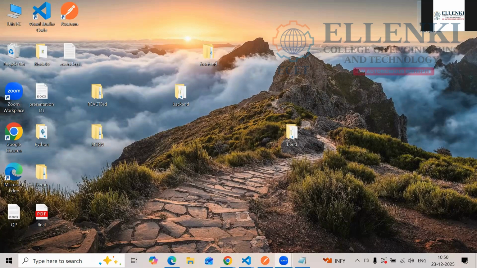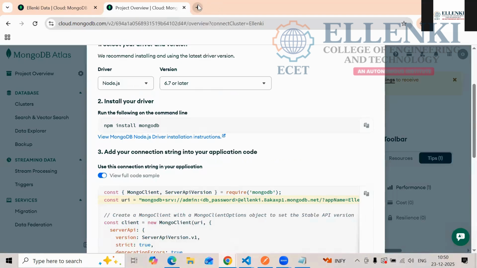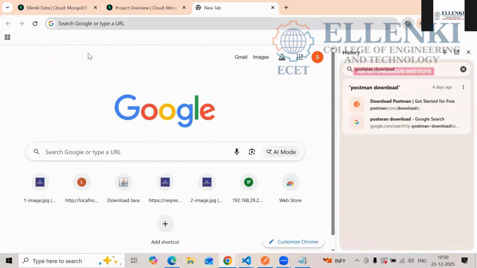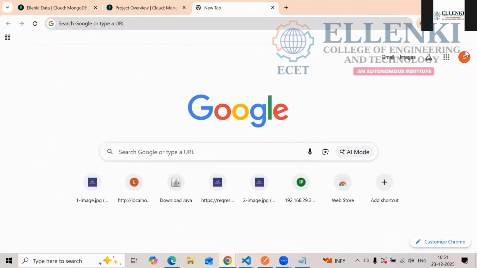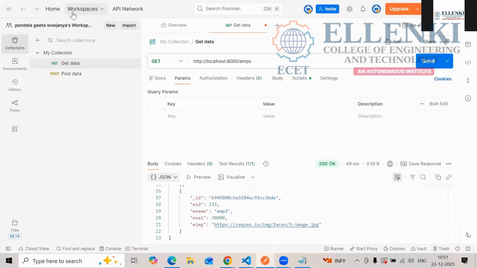So what software do you have to install here? Postman you have to install here. You have to download Postman. Okay, already in my system it was downloaded, that's why it is not showing. So this is the Postman. If you click on this Postman, it will show like this to get the data.